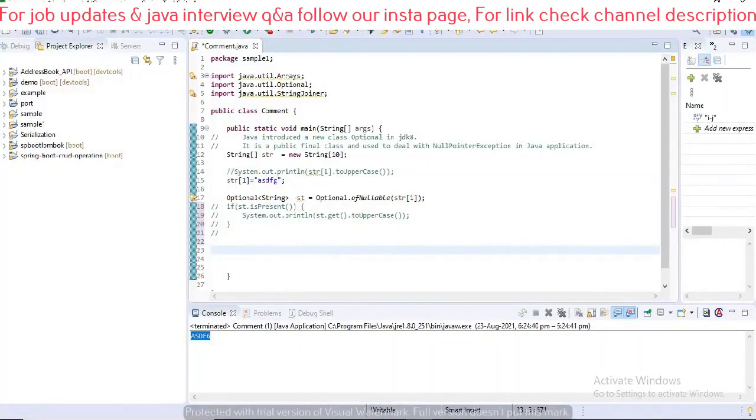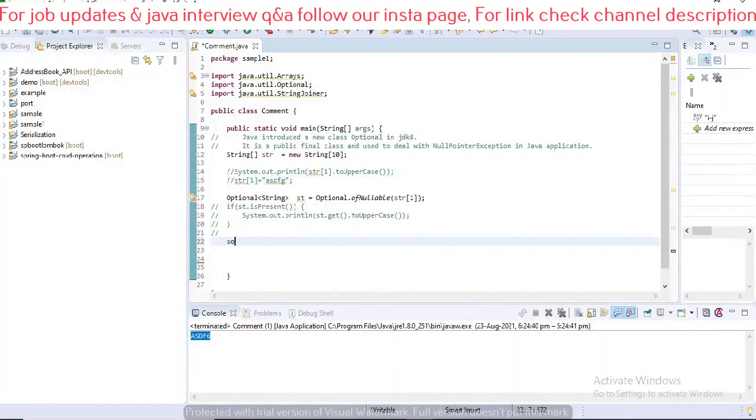Now I want to use something like an if-else. It's not an if-else, but it's similar to it. Please observe. I just want to print something if data is not there at that particular string index. Let's start implementing it.